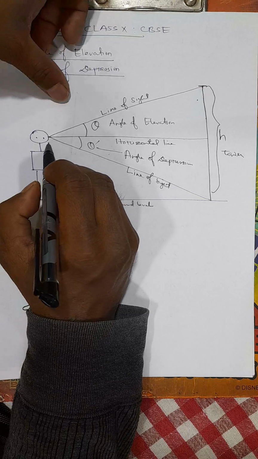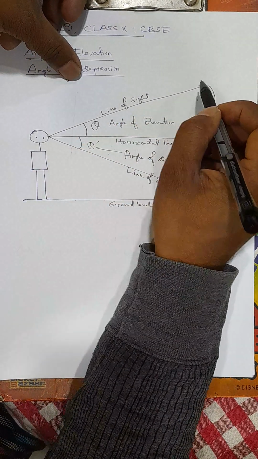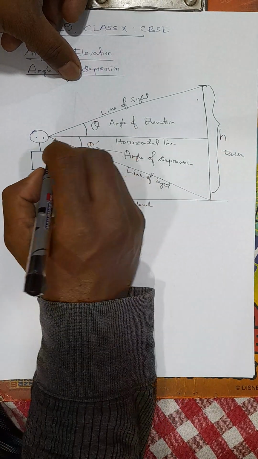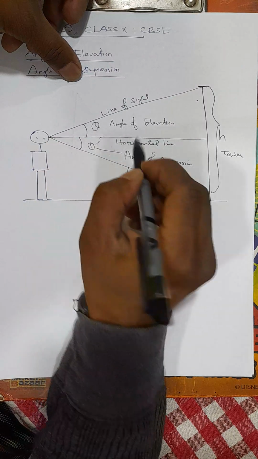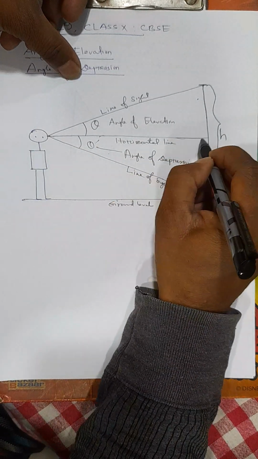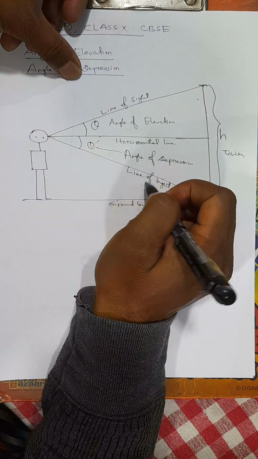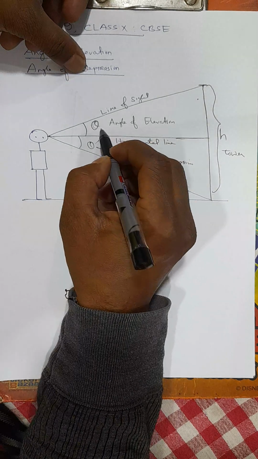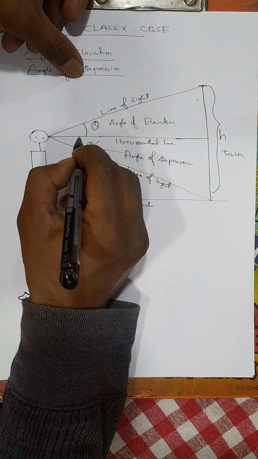So from your eye, contact can be with the top of the tower, right, or with the bottom of the tower. Then you got a horizontal line. This horizontal line is parallel to the ground level. So there are two angles in between the horizontal line and the line of sight, right? So this angle is called the angle of elevation, and the angle downward is called the angle of depression,